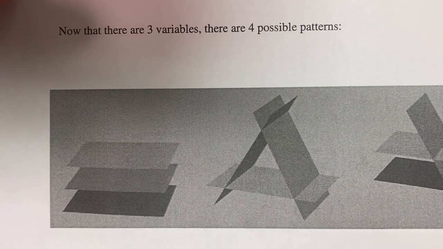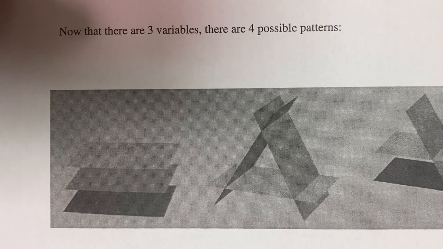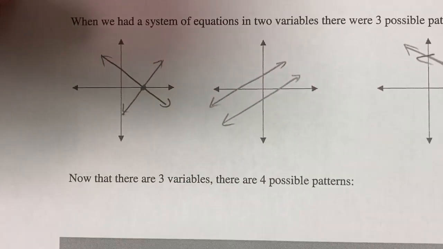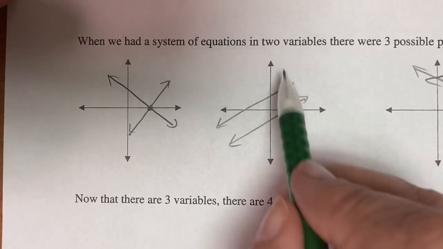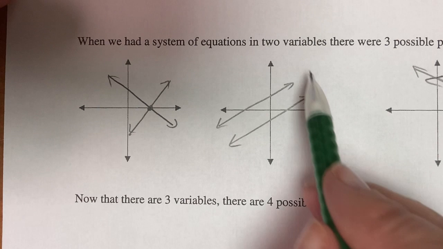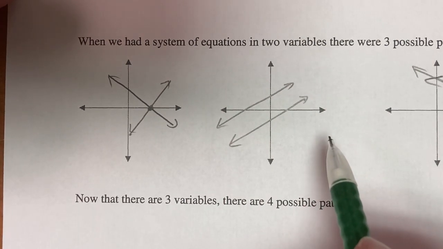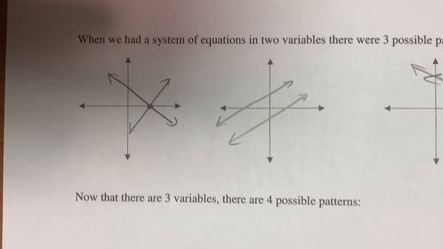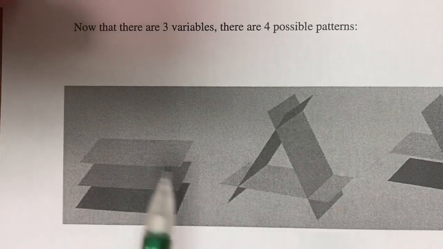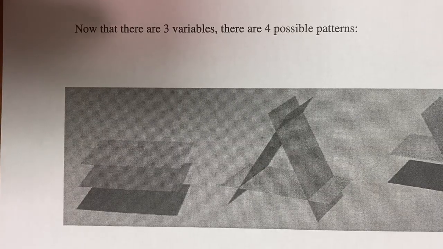So let me remind you, a plane visually is like a tabletop, but it goes on and on in all directions. We graph on a coordinate plane. Remember this was called the coordinate plane, and it was filled with a bunch of points, and the arrows meant it went on and on forever when you first start talking about graphing points. So we represent the coordinate planes just like this. Now I know this is dark, but I cut and pasted it. It came out dark and there's really nothing I can do about it. But